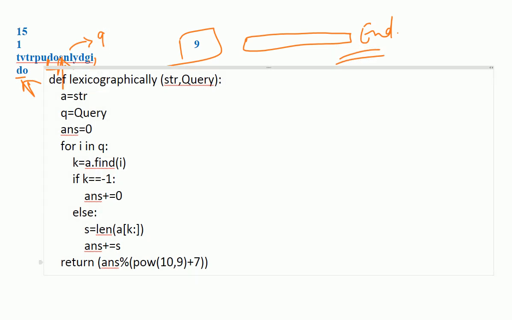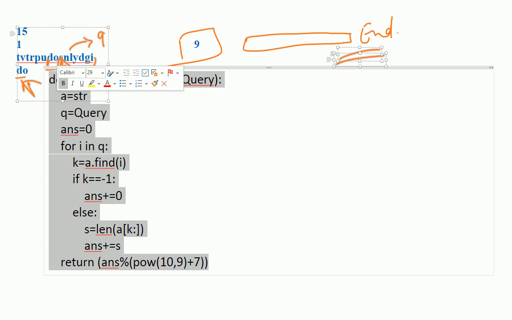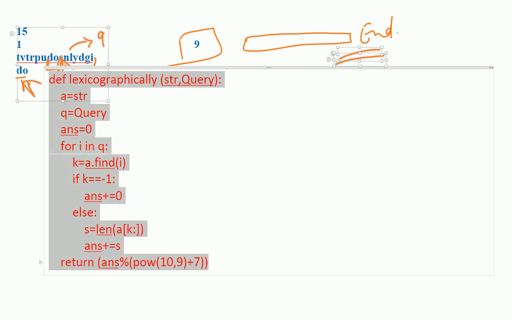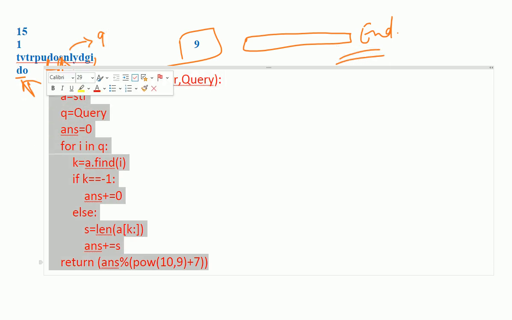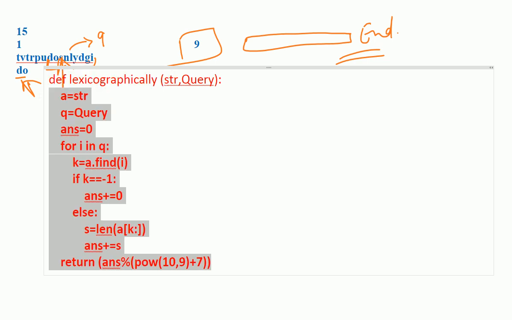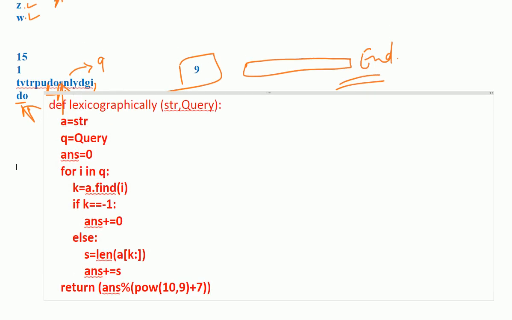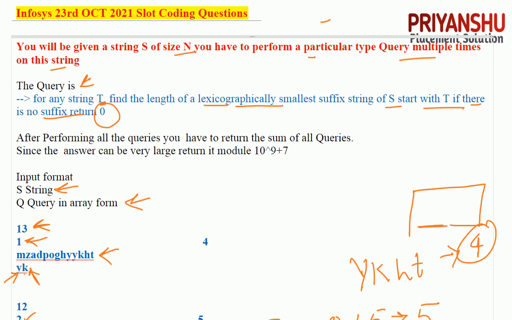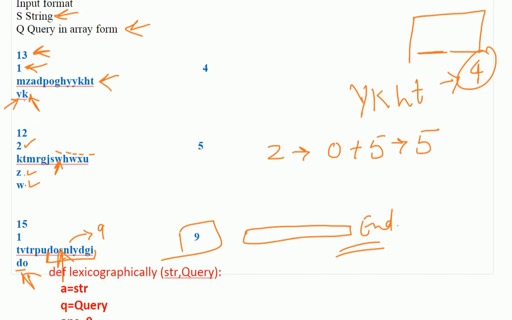So yes guys, in Python you need to write the same to same code. If you make even a small mistake, if you make a space mistake, then your code will not work. So please don't ask me whether your code is working or not. My work is to share the logic, the question explanation and the code as well in some places. But yes, if you want you can write other code. If you understood the logic and the code, you can make other code, no issues.